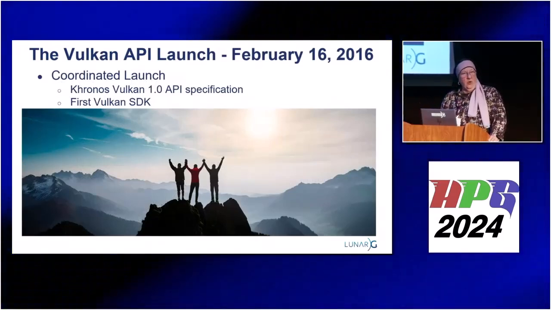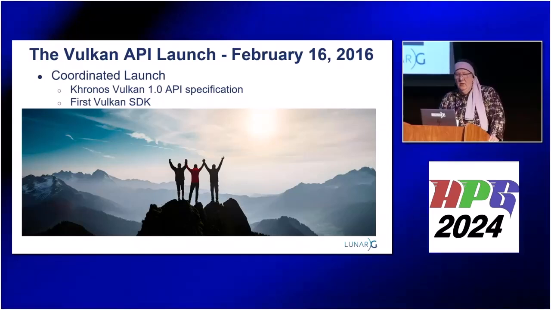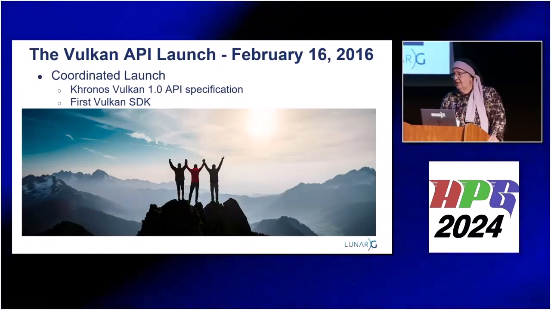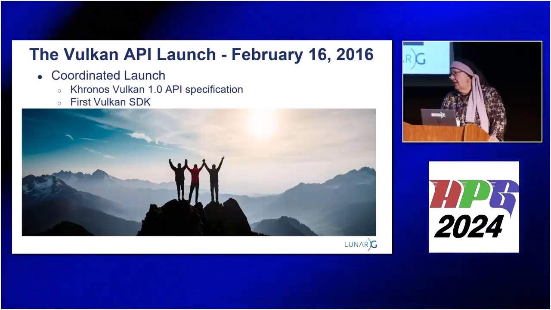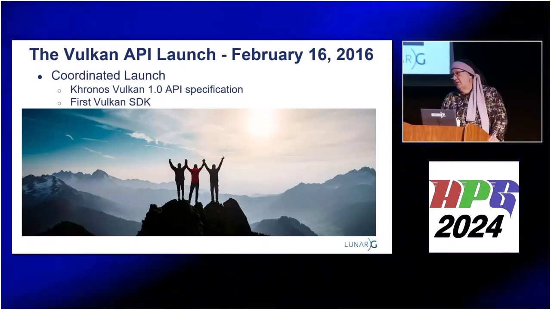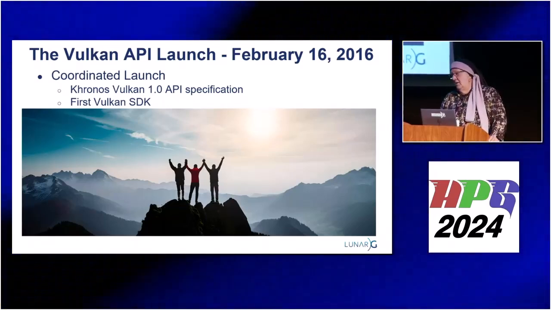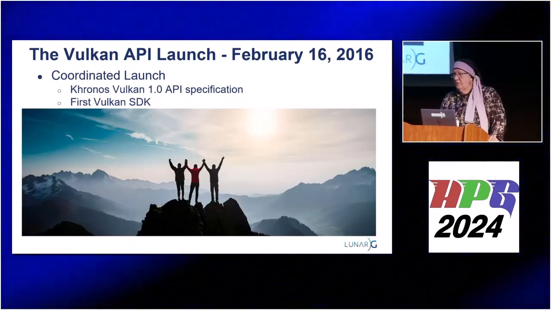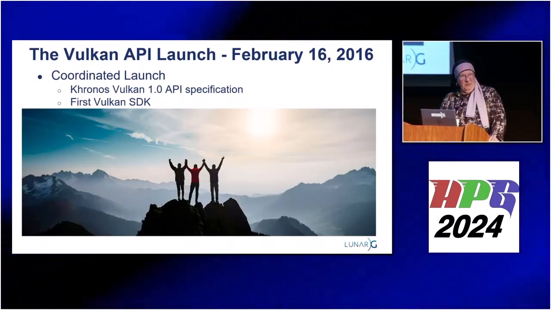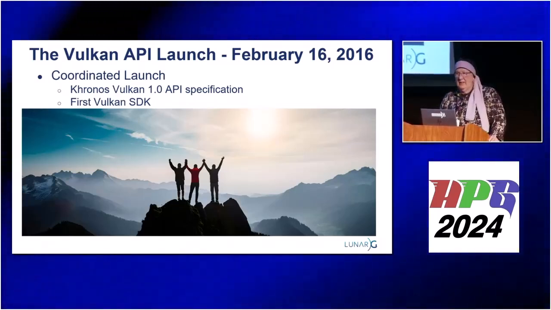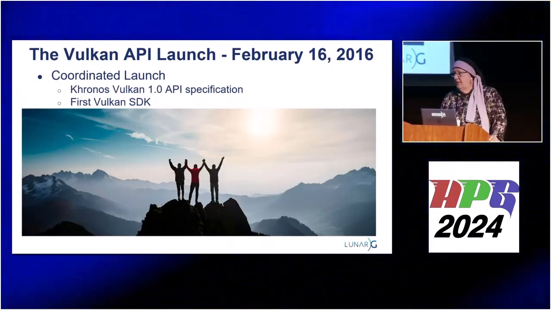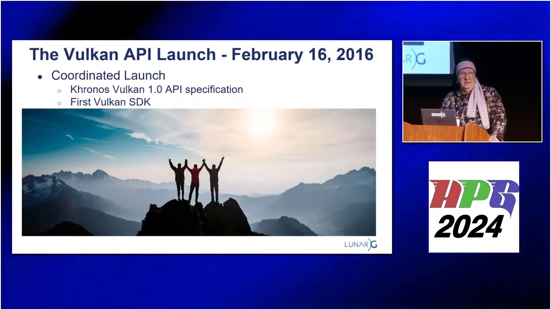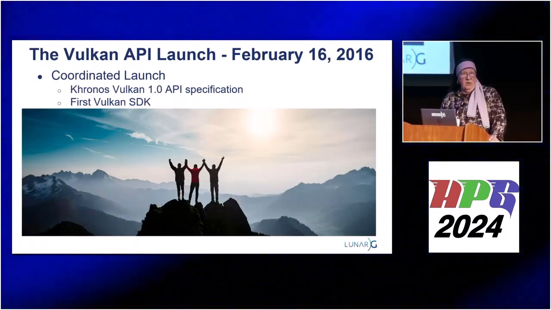At any rate, we had a coordinated launch with Khronos. The 1.0 API specification and the first Vulkan SDK both launched February 16th. There was so much pent-up demand for this API that both Khronos servers serving the specification and my servers serving up the SDK crashed from just too much demand, too many requests. Fortunately, both of us were able to get our servers back up quickly and service all the demands. But it was the most exhilarating day for me that the launch was a success. It was really a proud moment that we were able to achieve it.